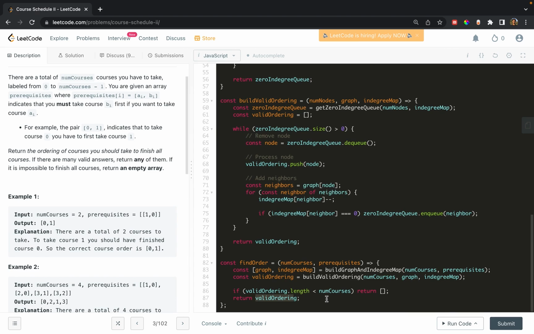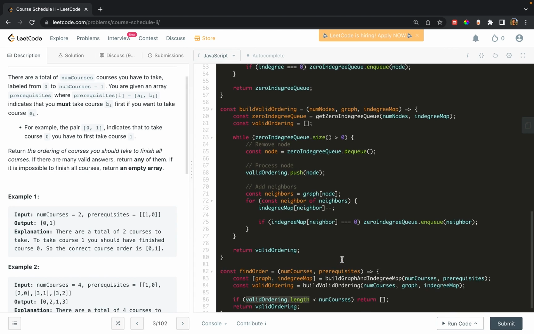Now, the question arises, why is it the case that if it's impossible, our length is going to be smaller? And there's a related question that you may have noticed that we didn't touch on yet. As we know, whenever there is a graph that can have cycles, we should be using a visited set. This graph certainly can have cycles. This right here is telling us that we can have cycles, because they're telling us some of these inputs will be impossible to finish. However, the way this algorithm works, this BFS style topological sort,